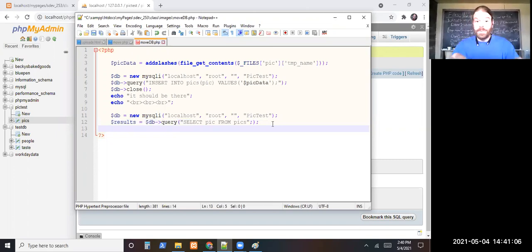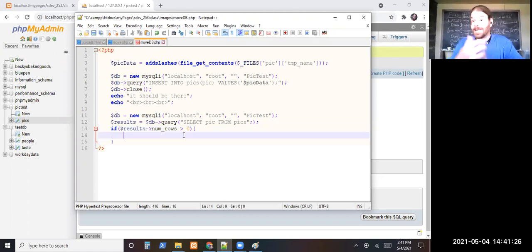And then just like we saw before, one of the things about the results is it adds a number of rows to it. Hopefully more than 0, meaning we found something, right? It could be 0, in which case we didn't find anything, and we'll just skip all this. But hopefully it's more than 0. And if it is,